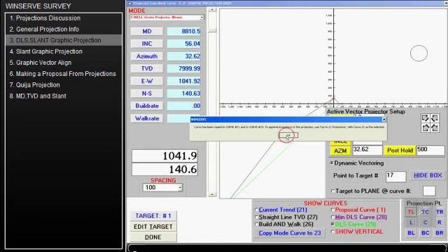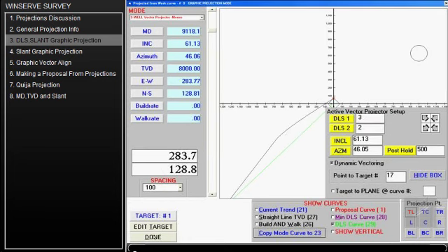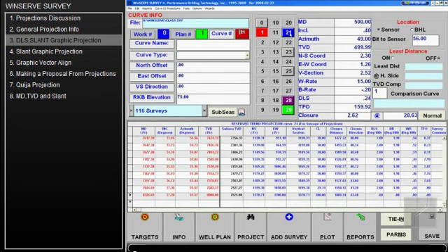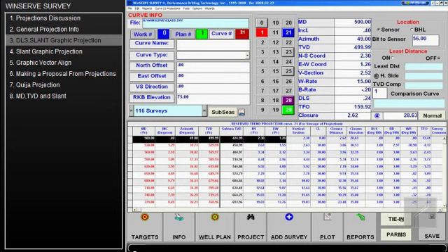Okay, so now we're done using that, and we're going to copy mode curve to 23. It's an important thing to do if you want to keep your projection so that you can see what you've done with it. So I go to 23, and there was a message that said it not only copied to 23, but it was copied to 21 as well. So now we're coming over to curve 21, and we can come down here and see everything that has transpired with this particular